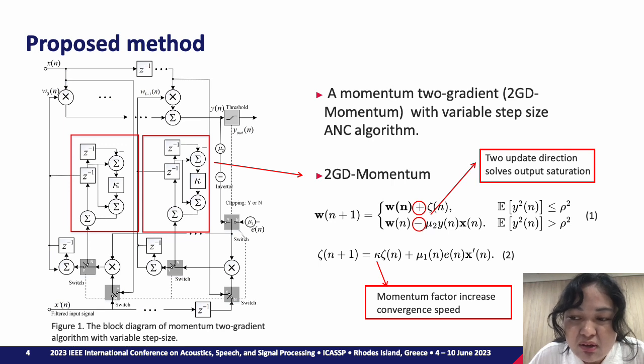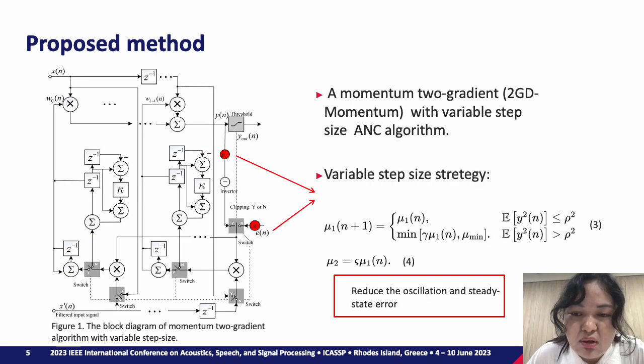What's more, the step size used in the two update equations is also different and determined by a variable step size strategy. In order to eliminate the oscillation caused by inappropriate step size selection with alternately updating the control filters, a variable step size selection is introduced, where the first step size is determined by the minimum value of these two values,